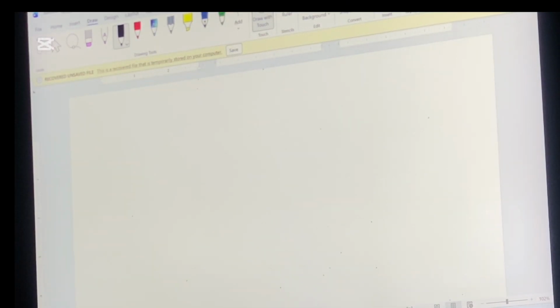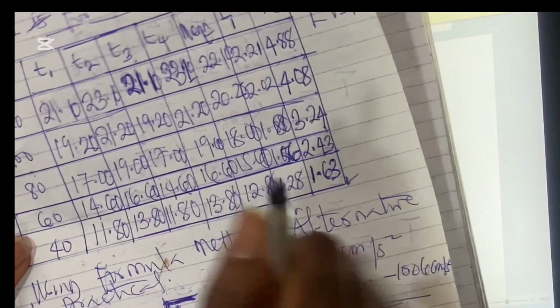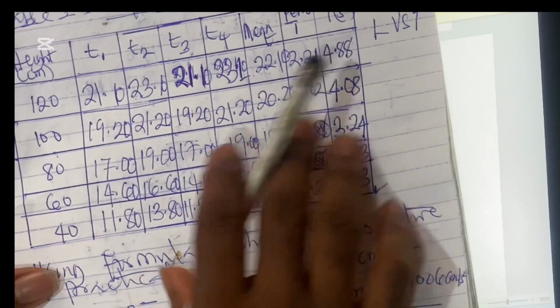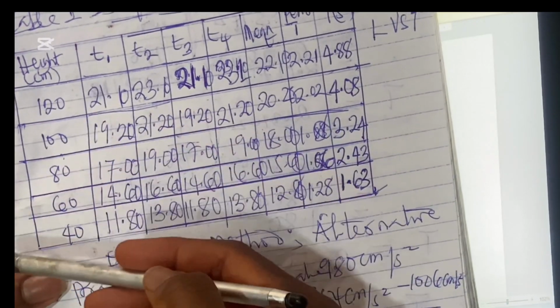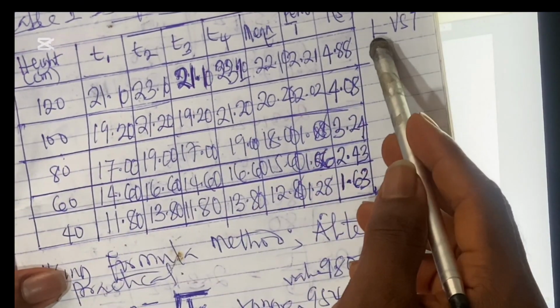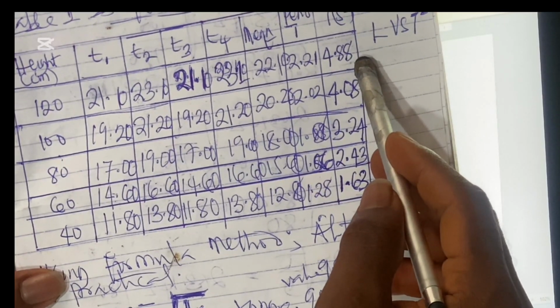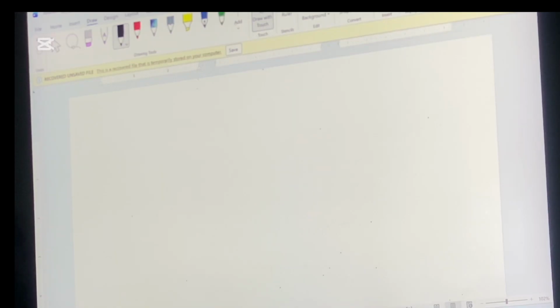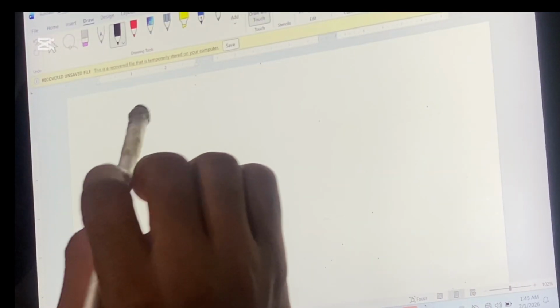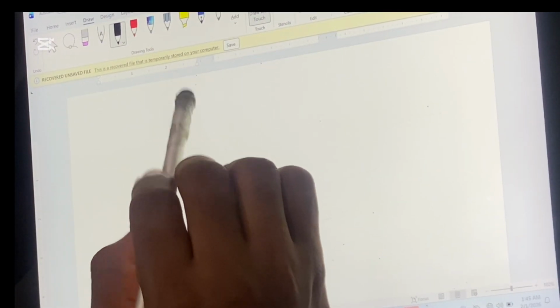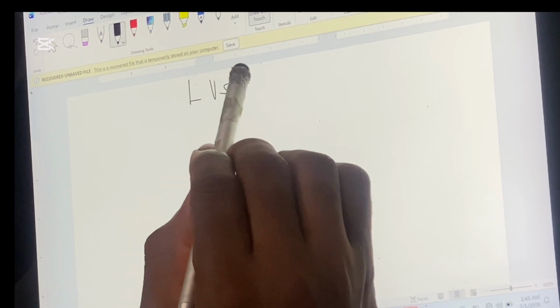Now let's use these values as an example. Of course, we have done this practical. These are the values available for us, and we're asked to plot L versus T square. So when we are asked to plot this for a physics practical, when we are asked to plot L versus T square,